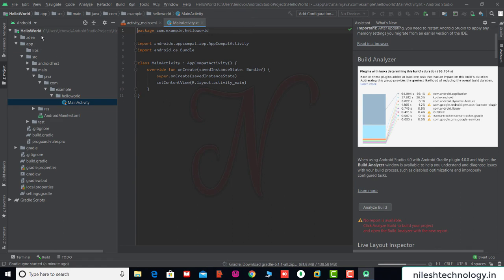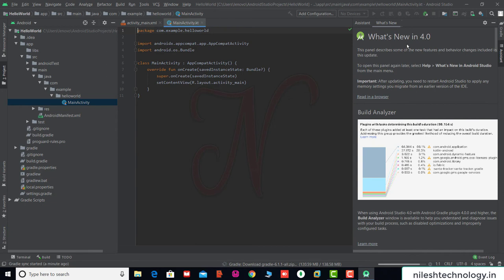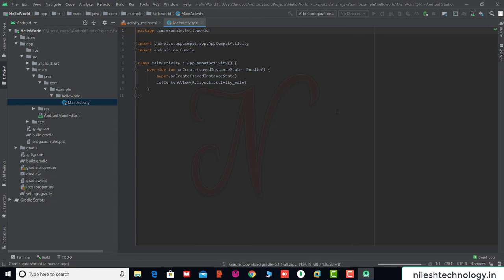On the left-hand side are the project explorer files. In the center is your default main activity program, and on the right side there are some hints. This is the welcome window. We minimize this section and change the theme.